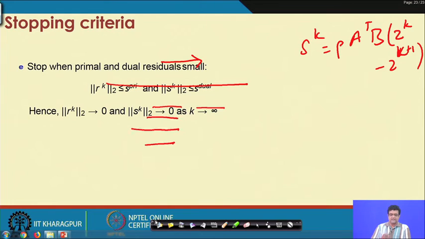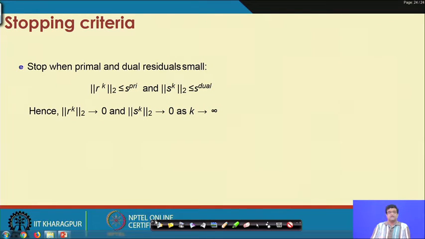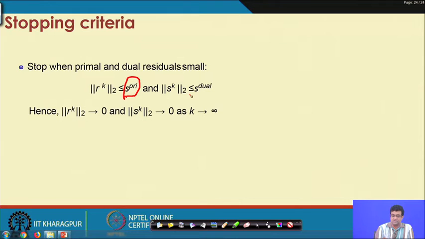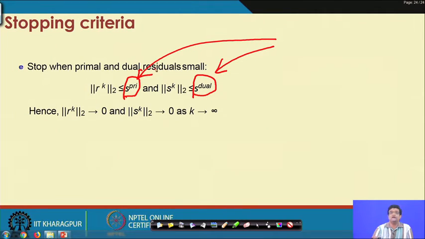Then the question is, if this is the convergence, when should you stop iterating? The prescription is that you define small numbers, epsilon primal and epsilon dual. These are basically some tolerance values, because just like for the convergence of any optimization algorithm, the residuals may not be exactly equal to 0.